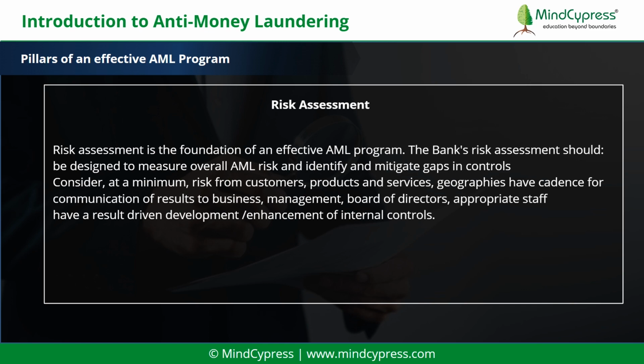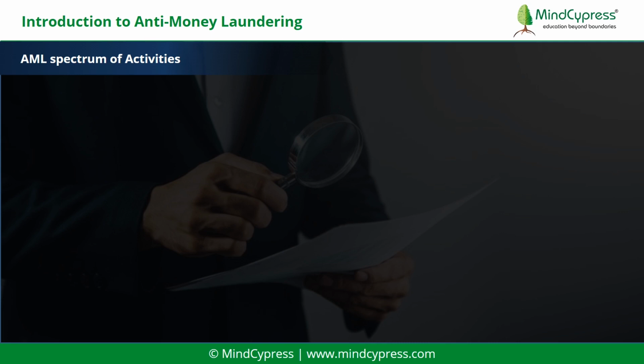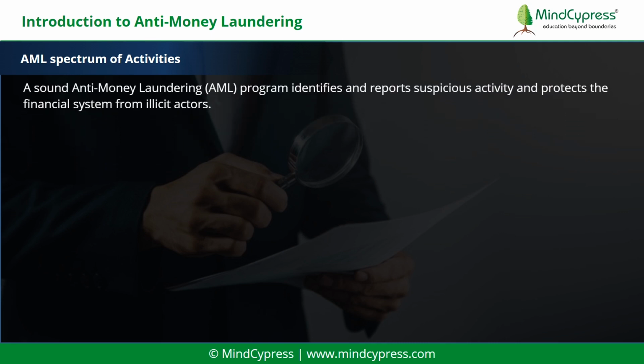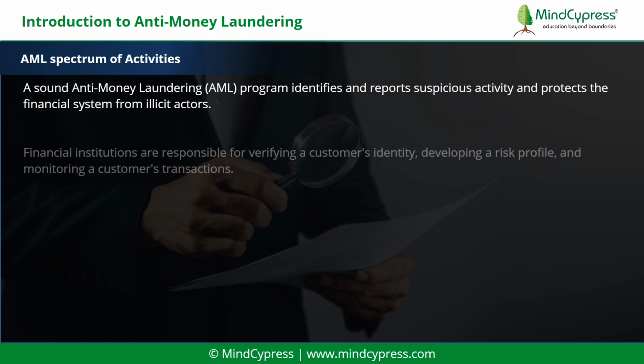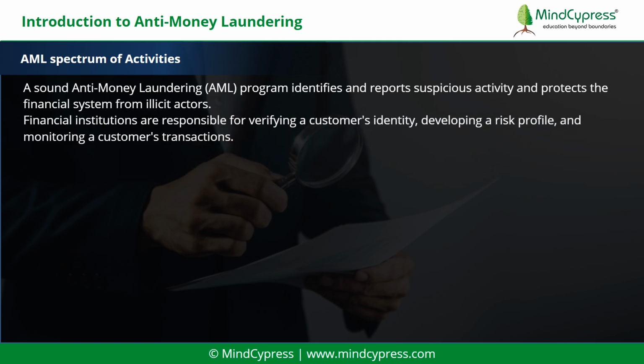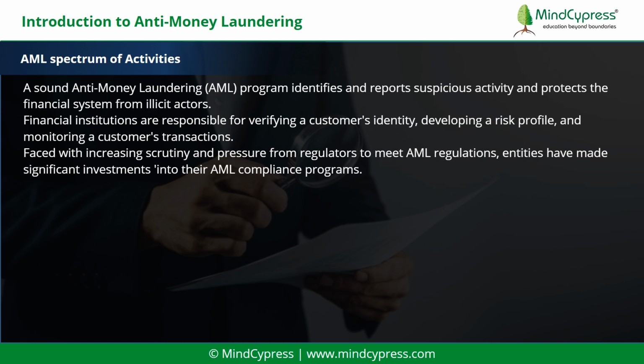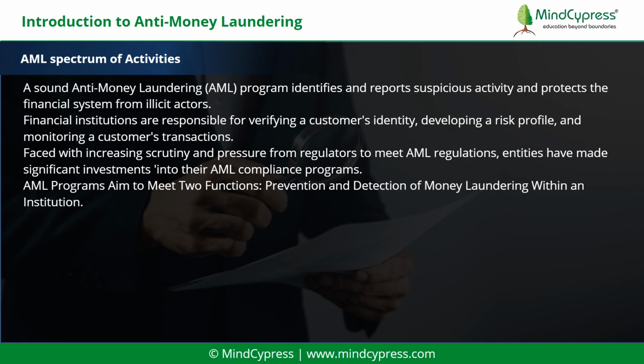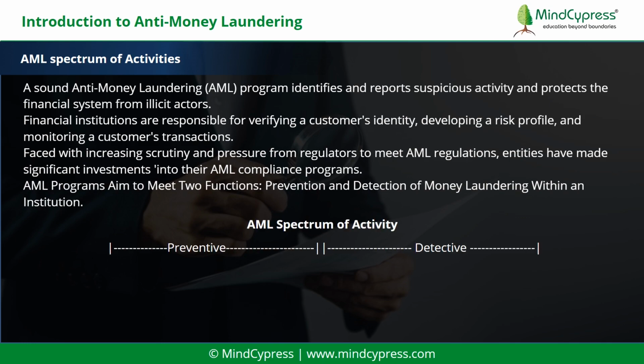of internal controls. Now, let's understand the AML spectrum of activity. A sound anti-money laundering, AML, program identifies and reports suspicious activity and protects the financial system from illicit actors. Financial institutions are responsible for verifying a customer's identity, developing a risk profile, and monitoring a customer's transactions. Faced with increasing scrutiny and pressure from regulators to meet AML regulations, entities have made significant investments into their AML compliance programs. AML programs aim to meet two functions: prevention and detection of money laundering within an institution,